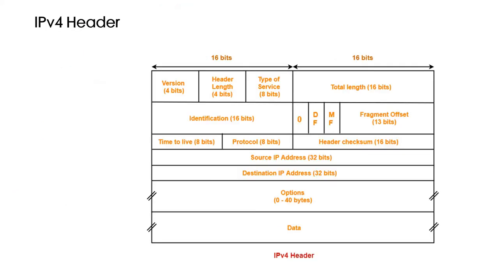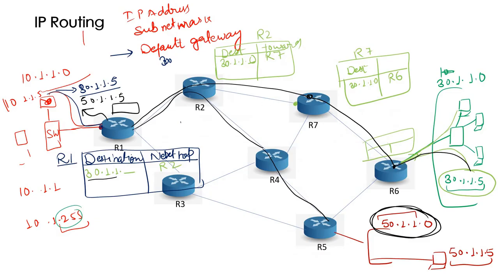So let me just, yeah, this is just the IP header, right? I was just discussing the IP packet. In the IP packet, there are very important fields, the source IP address and the destination IP address. So if you go to the previous one, that's how the packet travels, right? The packet travels to this router, and it checks the destination address and the source address.